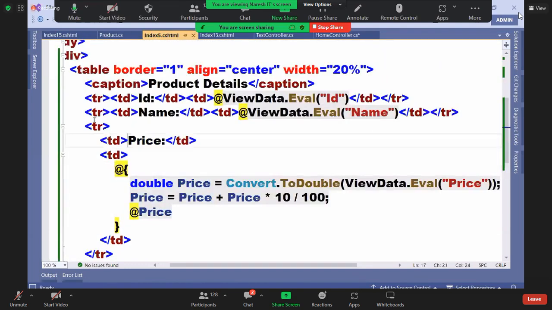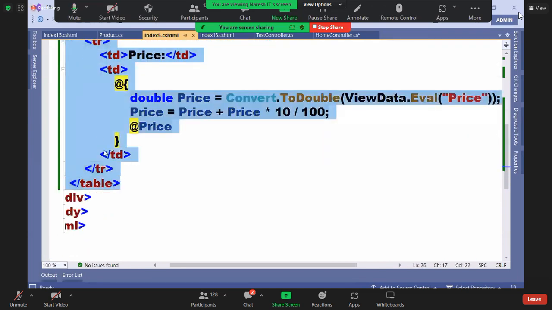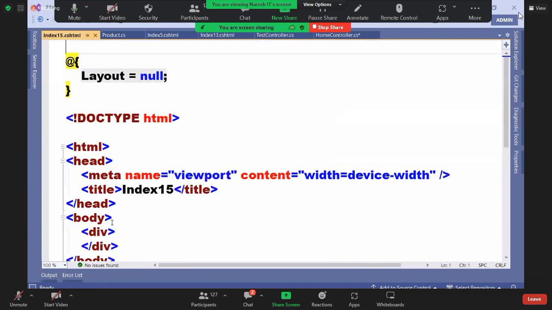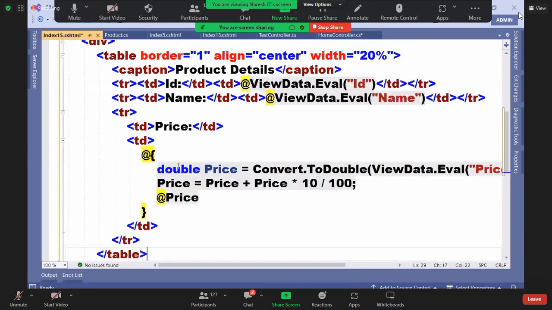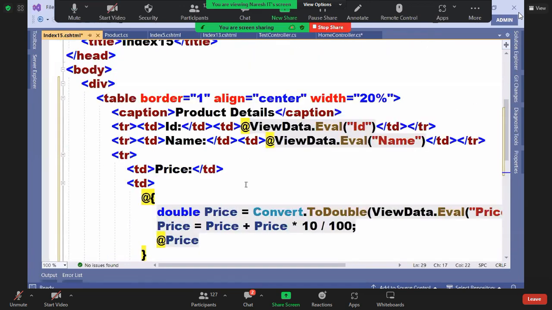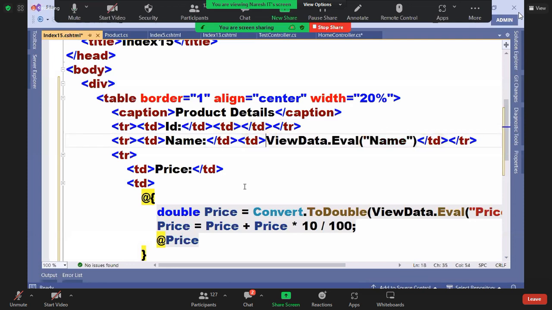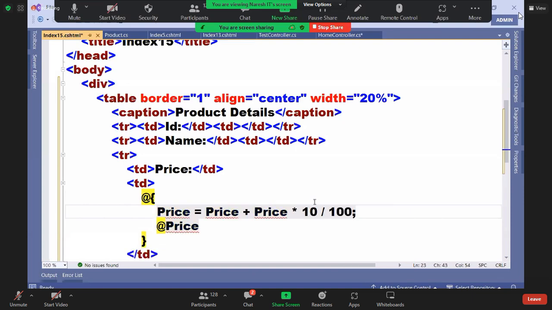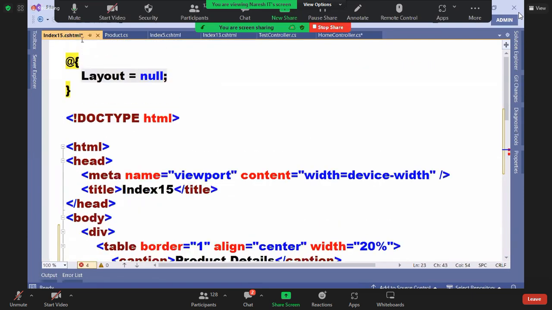Okay, just a minute. Let me copy the table code. Paste it here. Just a second. Delete these three things. This one. All these things. Delete it. Okay. Hold on, guys. Now what you can do,